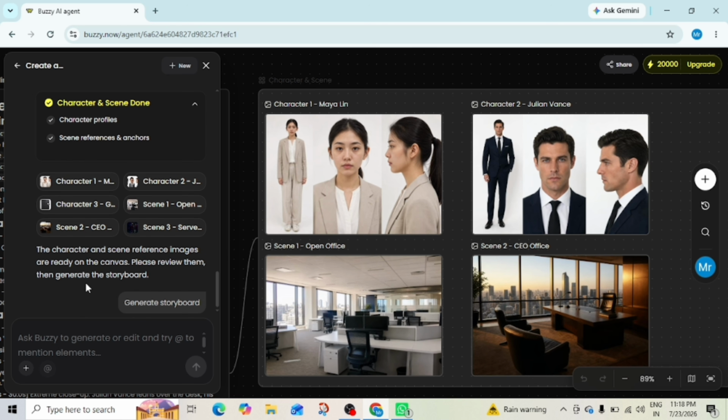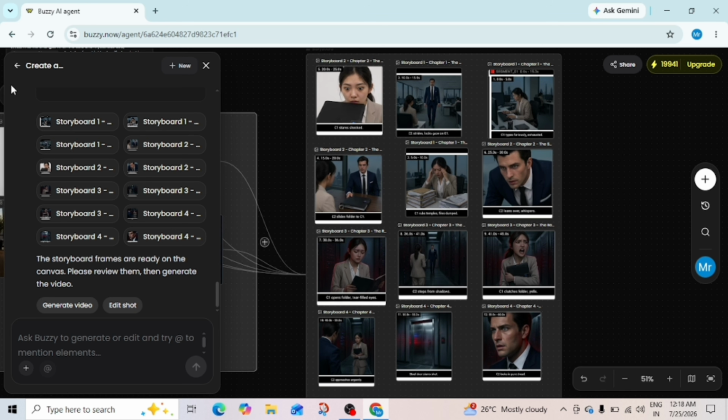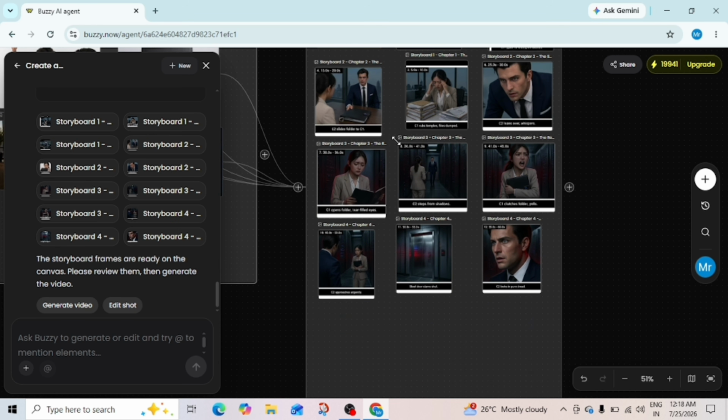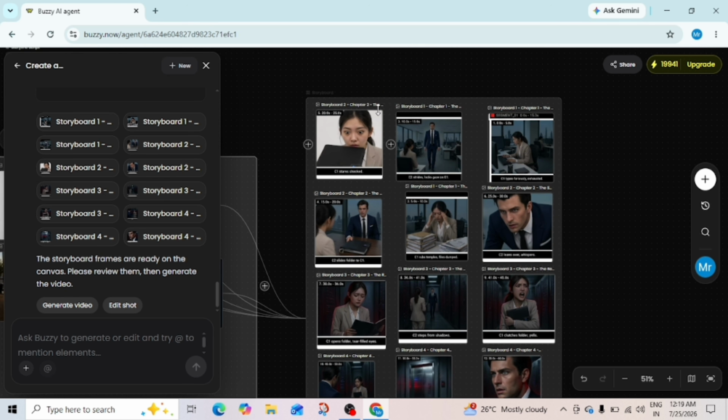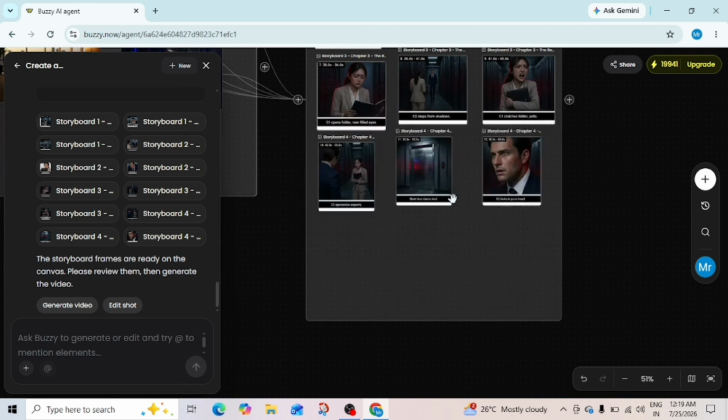Buzzy now automatically creates the complete visual storyboard. On the left, every storyboard frame is organized in sequence, making it easy to review or edit individual shots whenever needed. On the right, the complete storyboard is ready. Every frame includes camera composition, character placement, and scene progression, allowing you to preview the entire story visually before generating